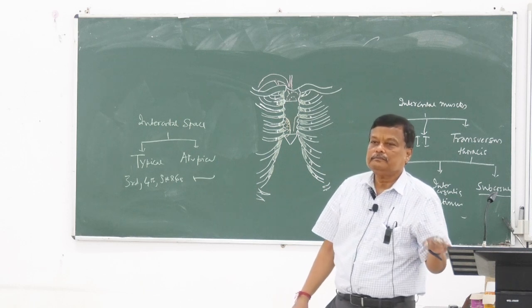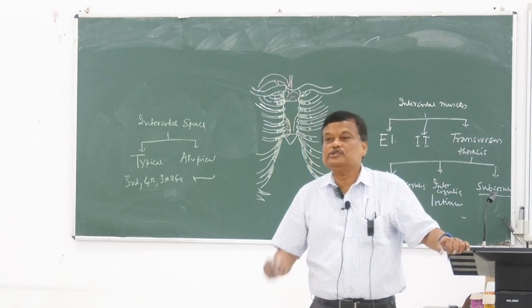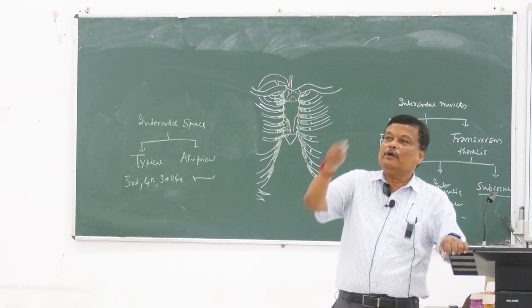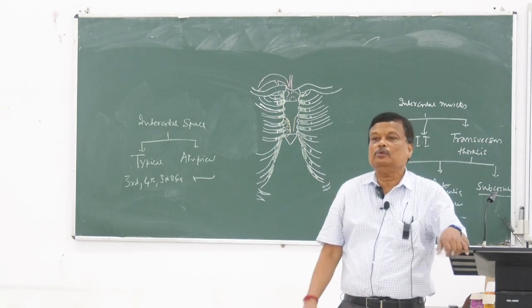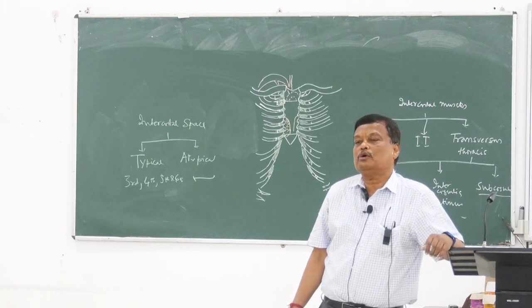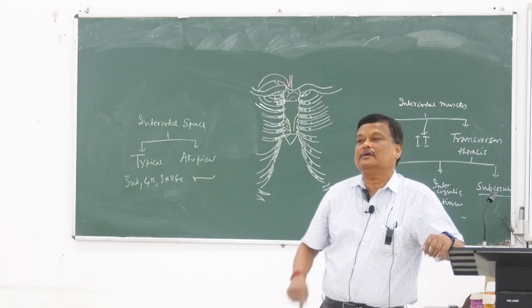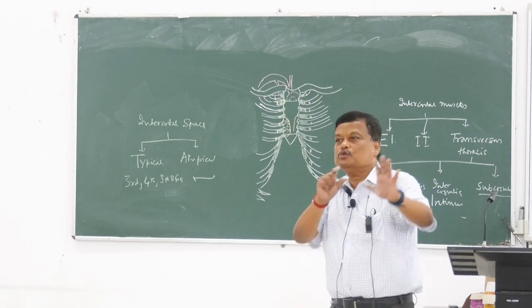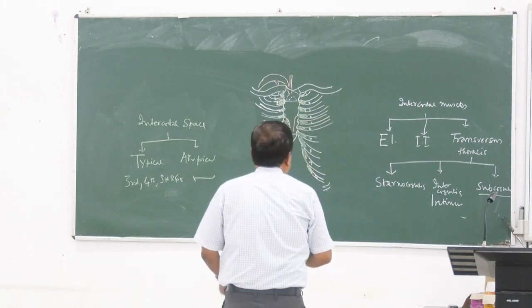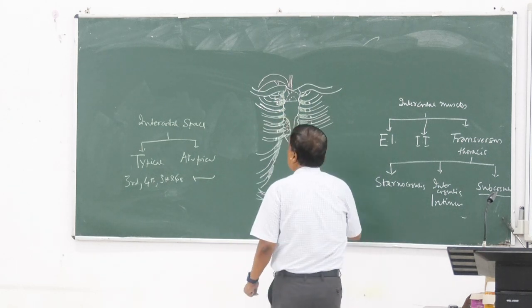Sternocostalis takes origin from the posterior surface of the sternum, and they are inserted into the 2nd to 6th rib close to the 2nd to 6th costal cartilage. সুতরাং এটাও সবখানে থাকছে না। And subcostalis মাসলটা